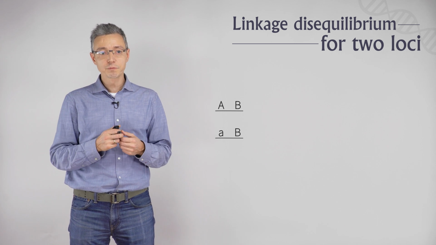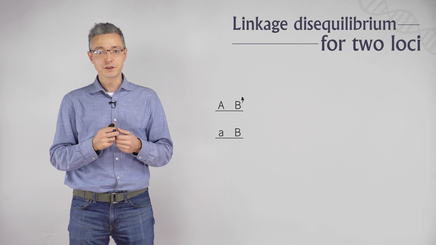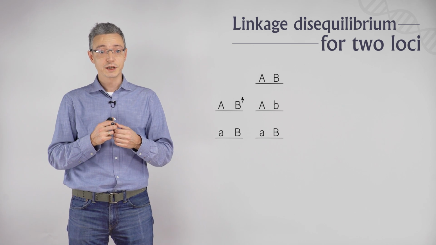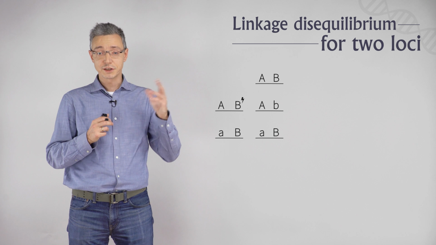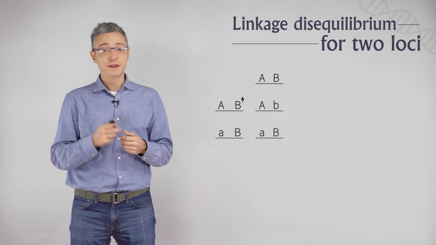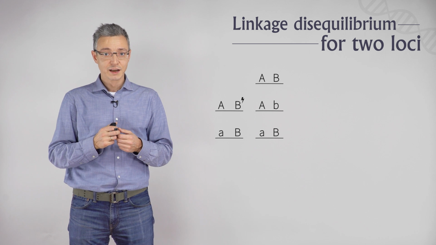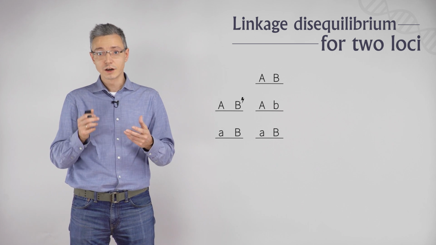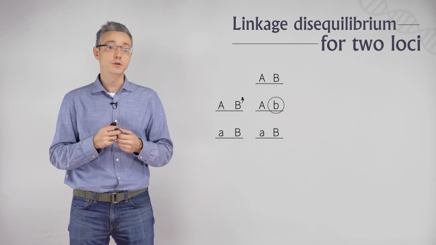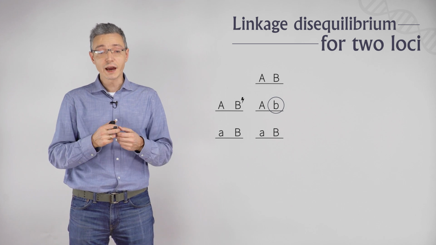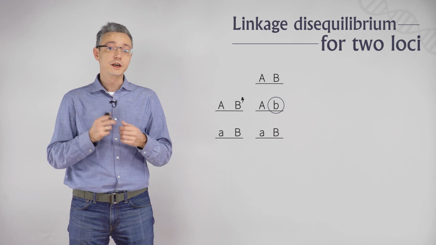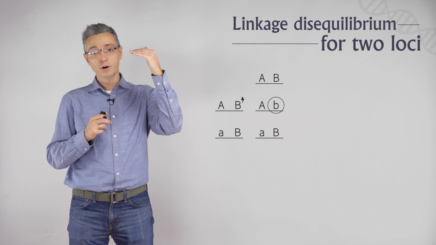However, at a certain time point, a mutation may occur, giving rise to initially only one copy of the chromosome, which will have capital A at the first location and small b, the mutant B, at the second location. After some time, if this allele is in a way lucky, it may propagate in the population because of random factors such as drift. And then, after a certain time in the population, we can see the collection of three possible chromosomes,